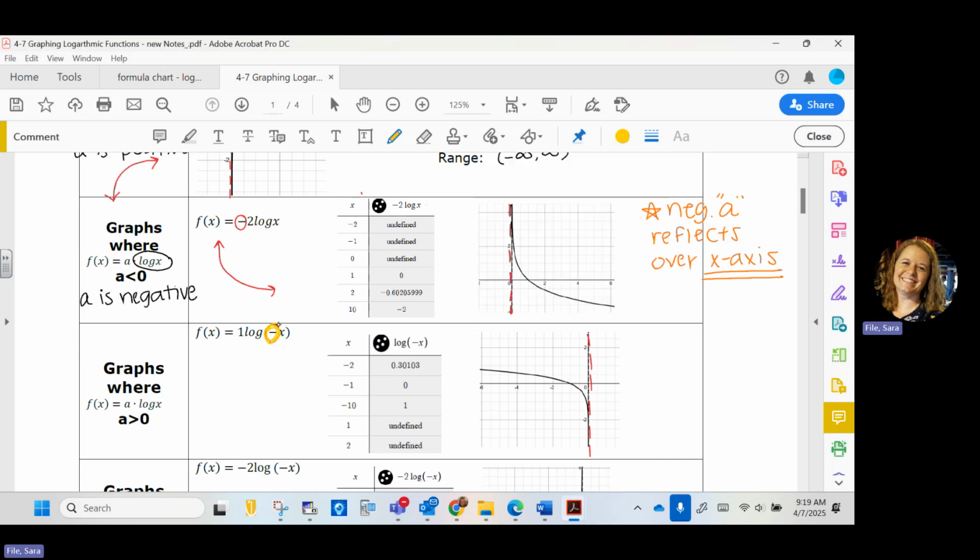So because of this negative here, so a negative inside on X gives us a reflection over the Y-axis. So it flipped over to the left side